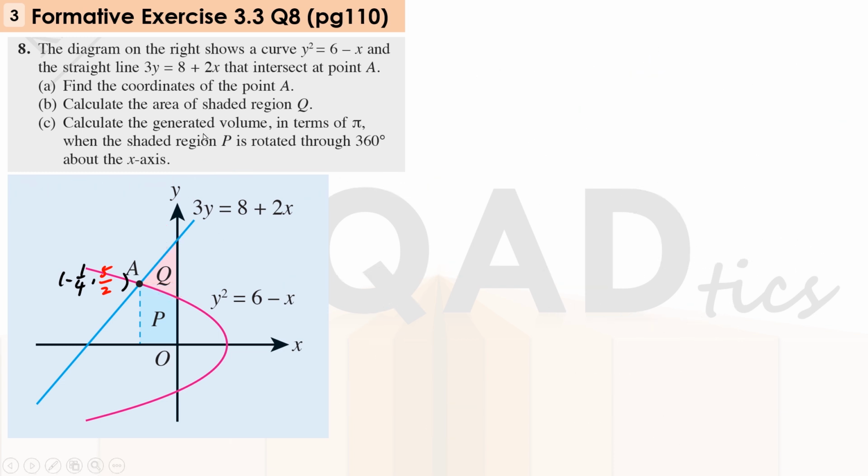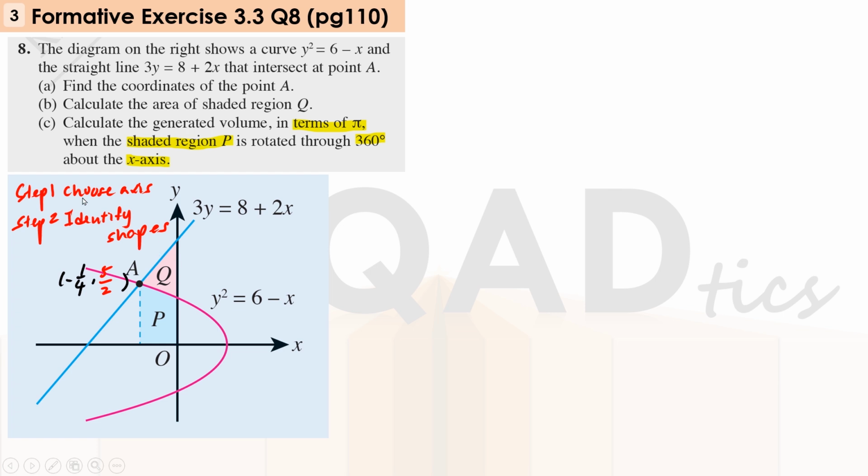And the last question, we need to find the generated volume for shaded region P, which is this blue color region here, in terms of pi, which means for pi we don't change it to 3.142, remain it as it is. And here we need to rotate one circle around the x-axis. So same as area, we have two steps. The first step is to choose axis, which is already mentioned in the question. So we need to use the x-axis. Step 2,